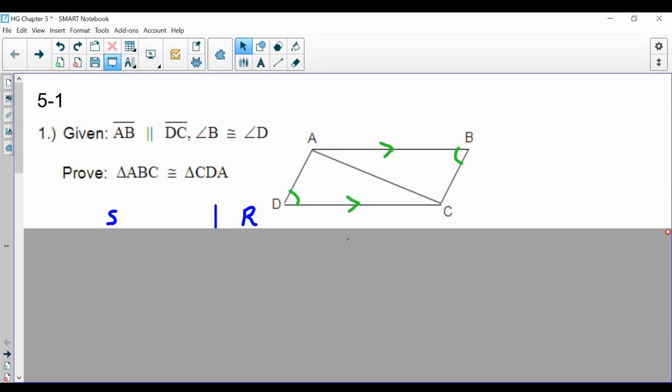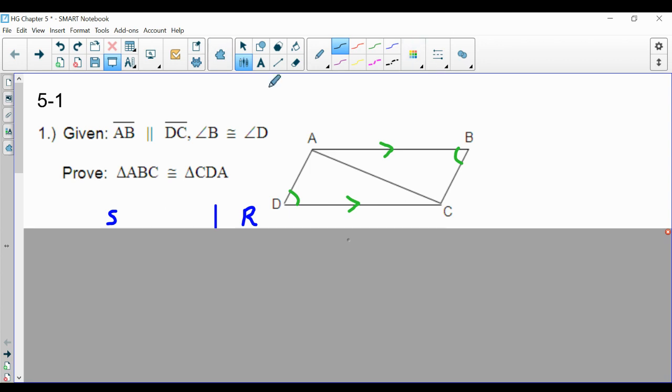So just like always, let's plan out our proof. You can see I've already marked what's given. We use the arrows again to denote parallel lines, and then we have the two congruent angles. So with this, we have a few different options, but the big one is that,